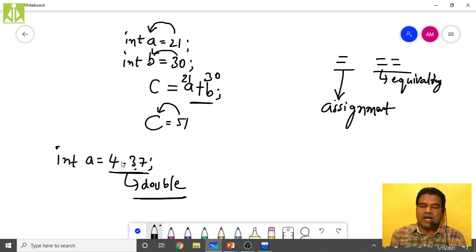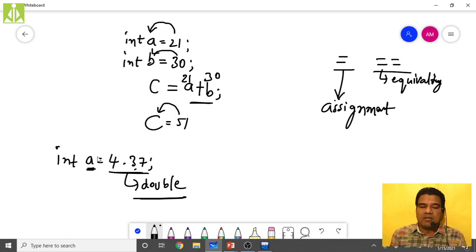So it is a double type and it is an integer type. So there is a mismatch in data type, isn't it? Such a condition should not occur in your programming, and you have to handle this situation properly. And how we are going to handle it, very soon we will discuss.